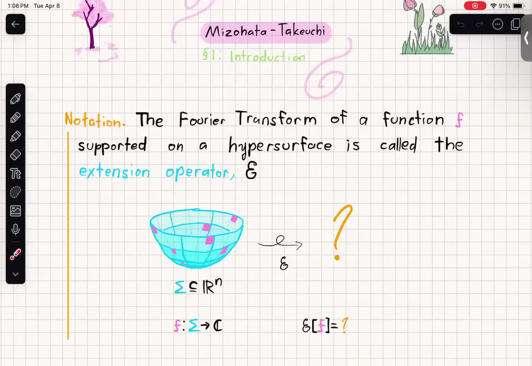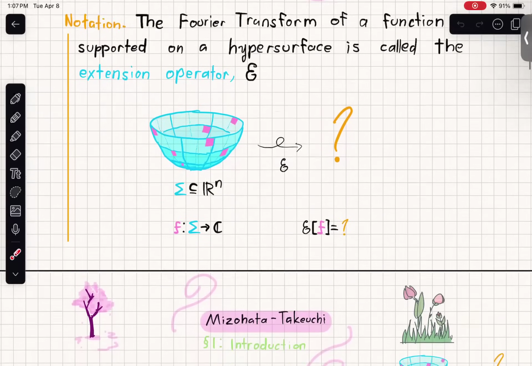If you prefer to think of it as just taking a function, you can also imagine it's in a very thin neighborhood around this hypersurface, and then you send that neighborhood to zero and see what happens, and stuff like that. So this is generally an overview of the type of things that we like to study in restriction theory. So then, you know,